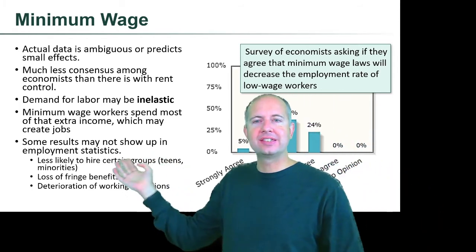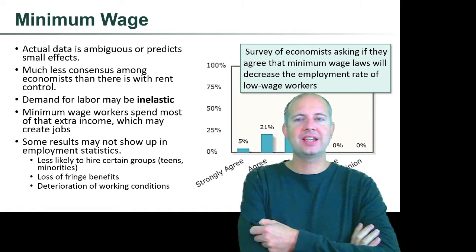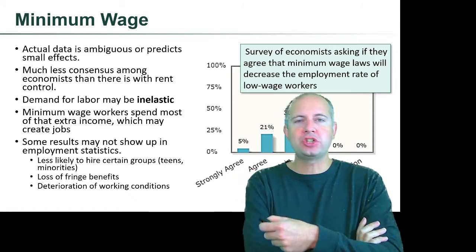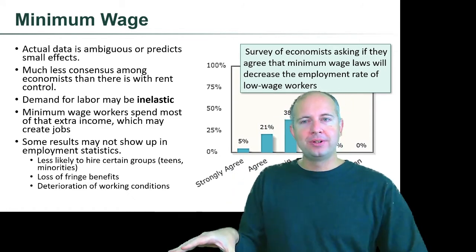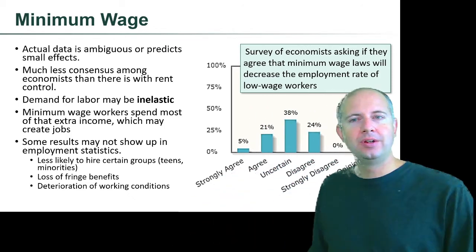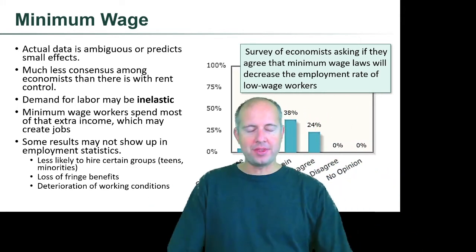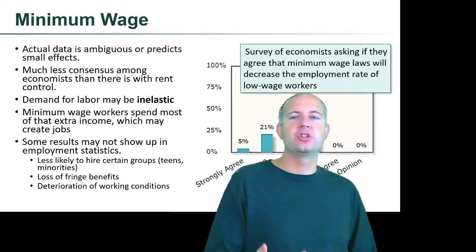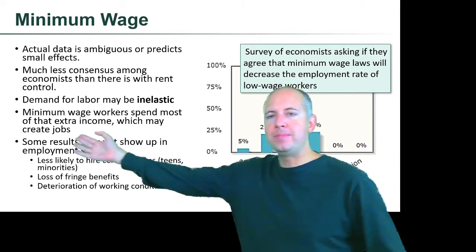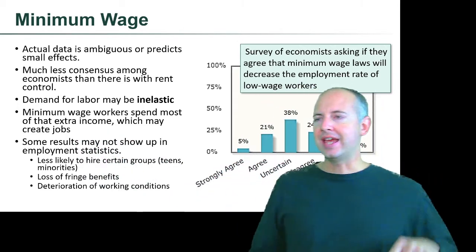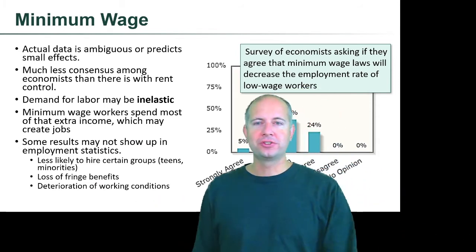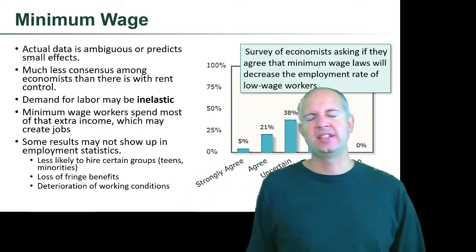There's also a possibility that some results may not show up in employment statistics. So this is sort of an application of the idea where we showed the apartments that were in bad shape because the landlords knew they were rent controlled and there would be someone else willing to take them. Well, similarly, we could think about, all right, I know that the minimum wage is high and there's plenty of people who are willing to take your job if you quit. So this will lead me as the manager to take some certain actions. So maybe you're less likely to hire certain groups. I have a bunch of applications. I'm going to decide that if I see some adults and teenagers, I trust adults more. I think they're more responsible. So I hire the adult, not the teenager.